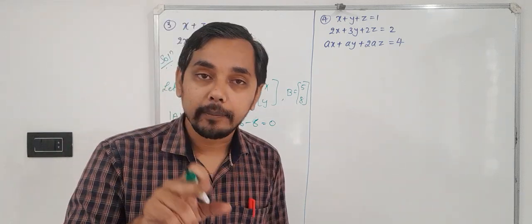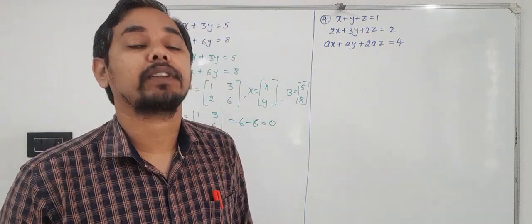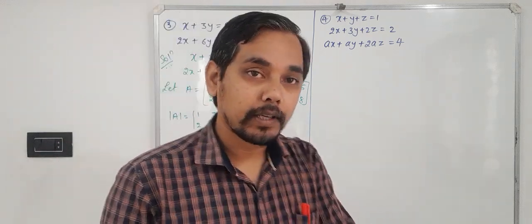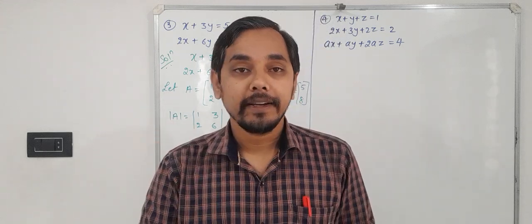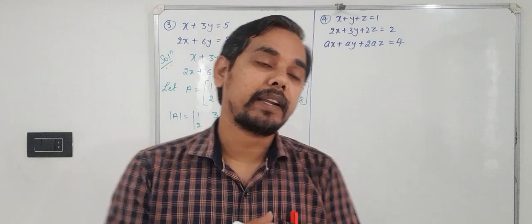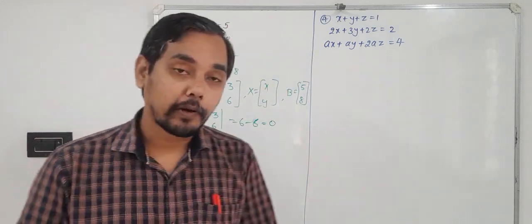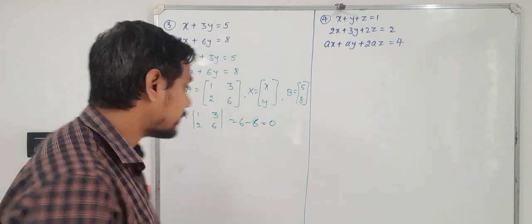So when the value of determinant is 0, it is a singular matrix and the inverse will not exist for this, right? So this particular set of equations will come under case 2, right, where the determinant is 0, that is, the given matrix is singular, right? In that case what we need to do, we are supposed to find adjoint A into B, right?